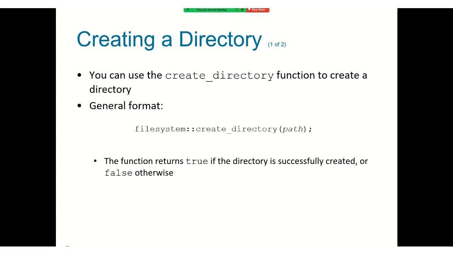So that is it. You can create a directory. There is a function called create directory. Like on a Windows machine, we do mkdir. So this is the C++ way to create a directory. You do create_directory. So basically, the message here is that using the file system API, you can manipulate your file system just as you